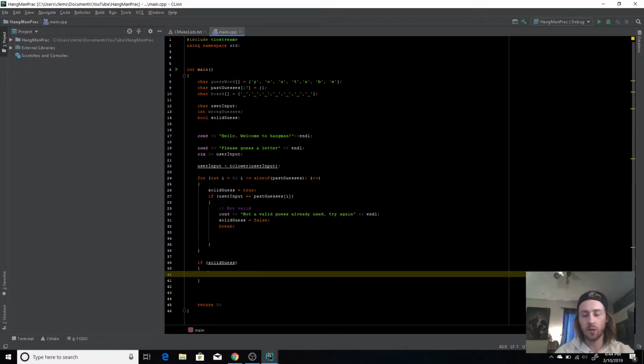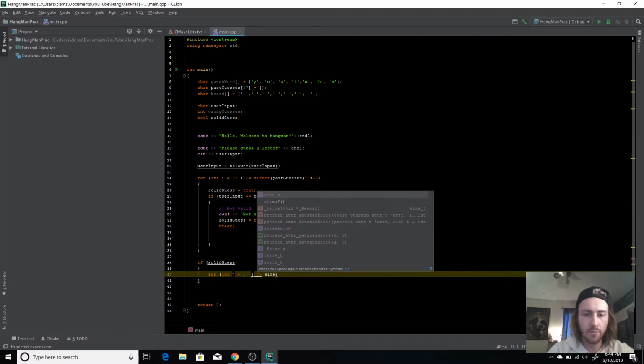So we want to do a similar system here where we iterate through all the letters or elements inside of the guess word array. At this point we know that we have a valid guess, and now we're going to go through and check again. So I'm going to do another for loop, and just because it's right after the first one, I kind of want to make it j equals 0 while j is less than or equal to, keeping my style and syntax there, sizeof